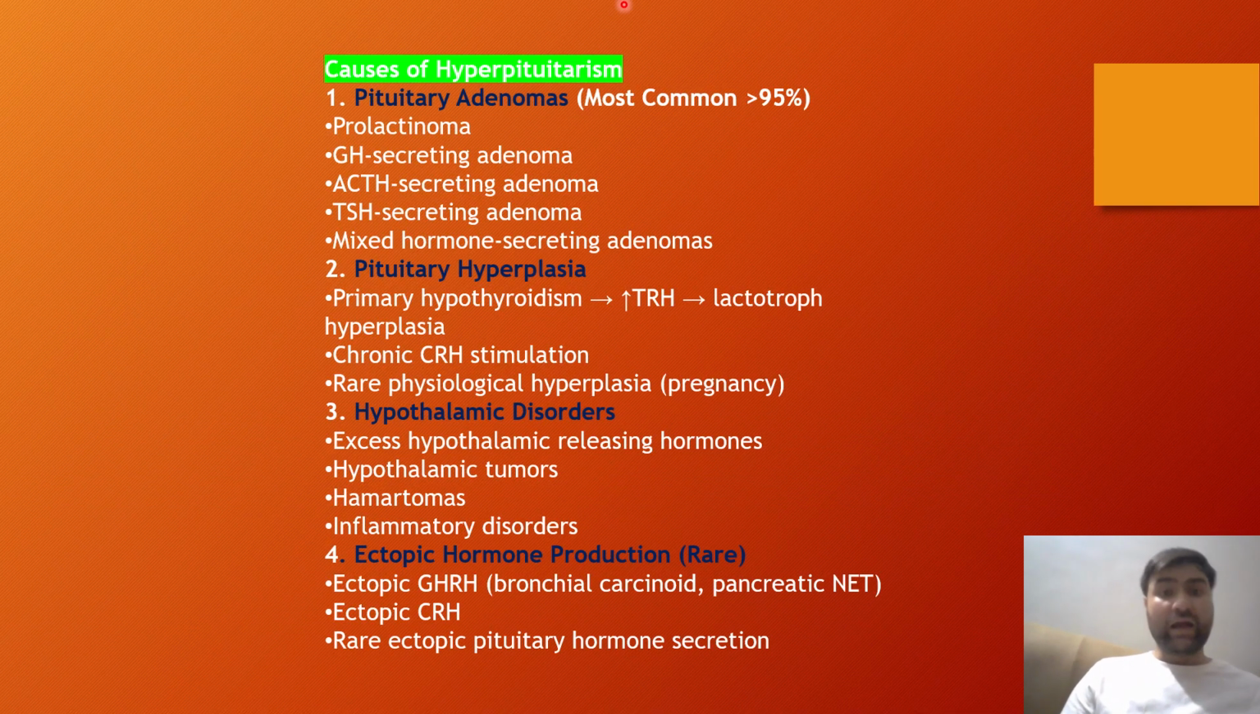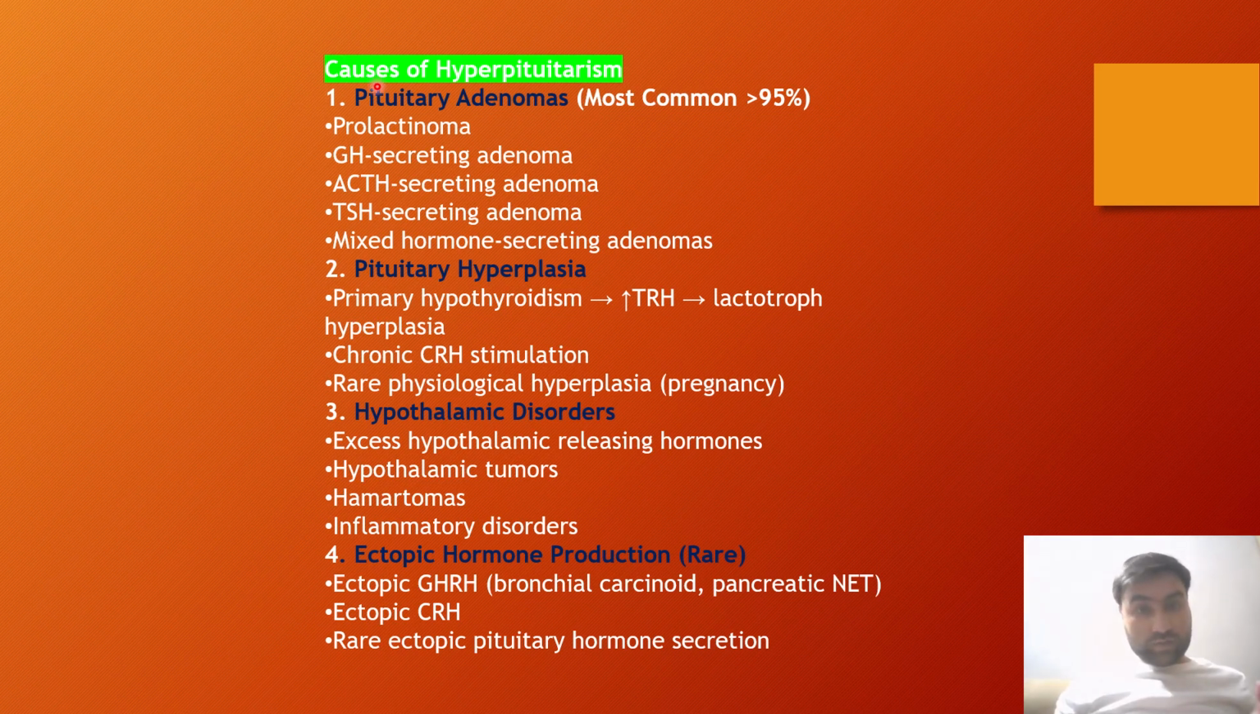So what are the causes of hyperpituitarism? We have discussed hypopituitarism briefly. Now, what are the causes of hyperpituitarism? Hyperpituitarism can be due to microadenomas of the pituitary gland that are secretory adenomas. The most common adenoma that causes secretion of a pituitary hormone is a prolactinoma that produces prolactin hormone. Then growth hormone secreting adenoma, ACTH secreting adenoma, TSH secreting adenoma, and mixed hormone secreting adenomas